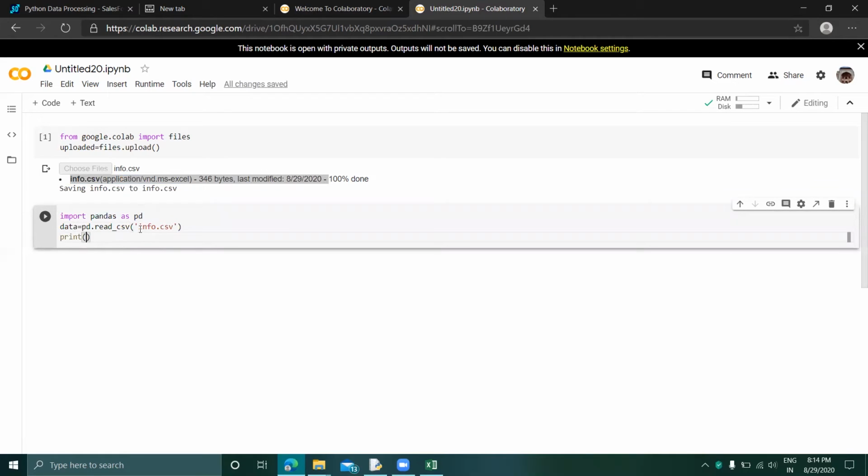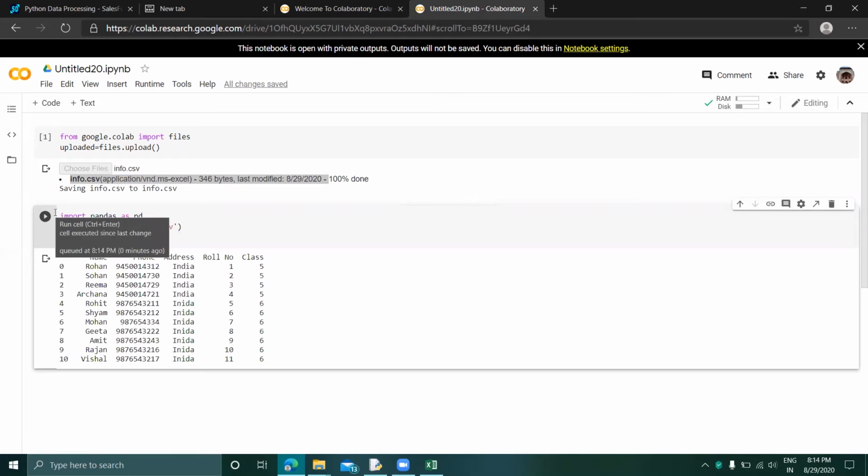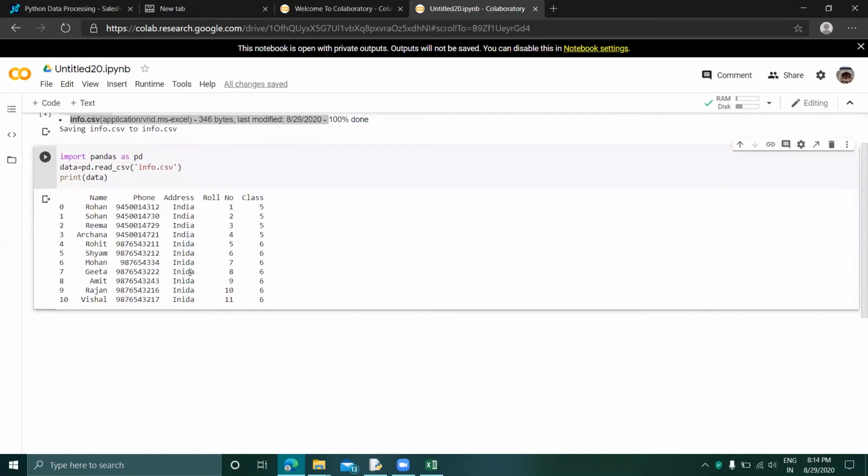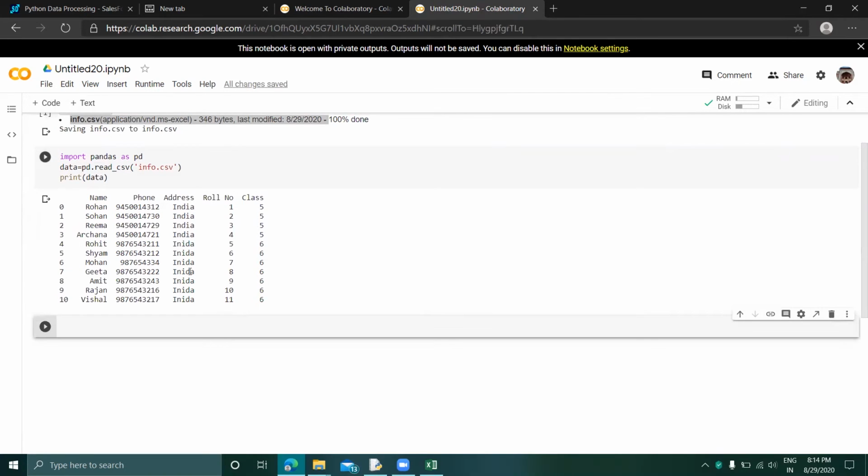Now we print the data. Run this program. Now you can see it is my data, and it is successfully uploaded.